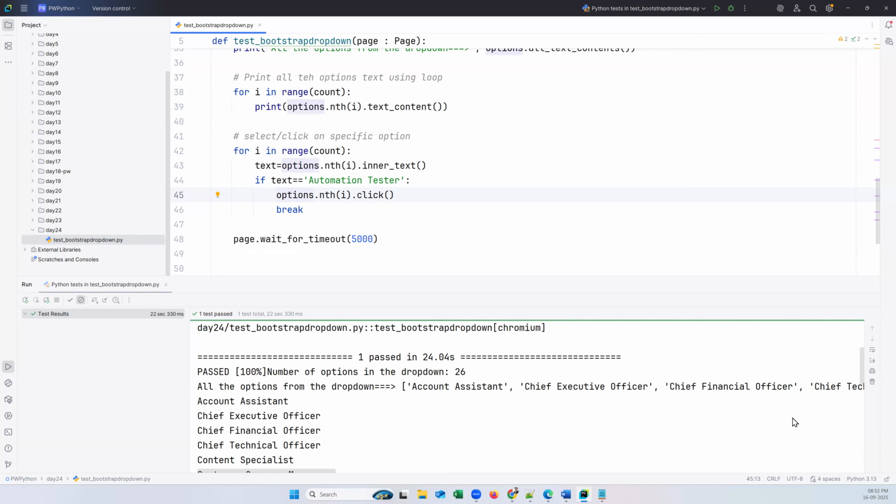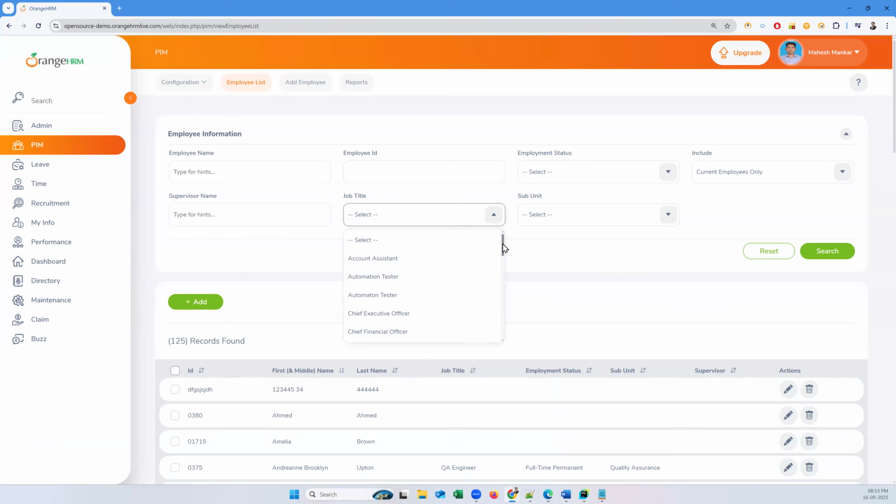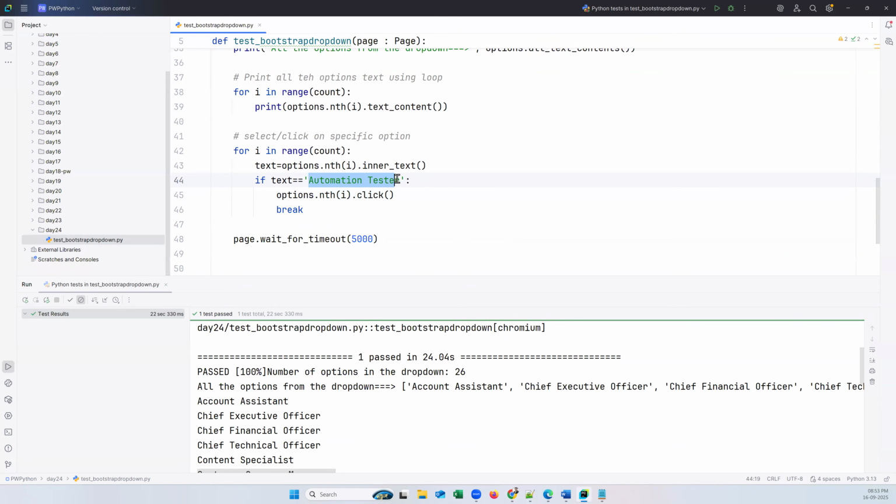If automation tester is not there, then it won't select it. We will check it once. It is there actually, you can see here. There are two options. So let's write this properly. Just go back and check once again. Text equal to,